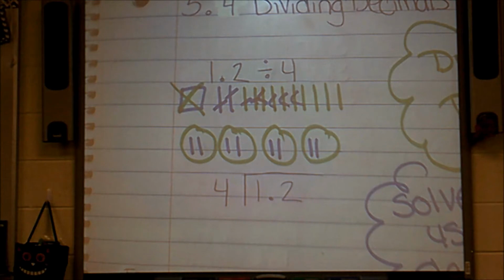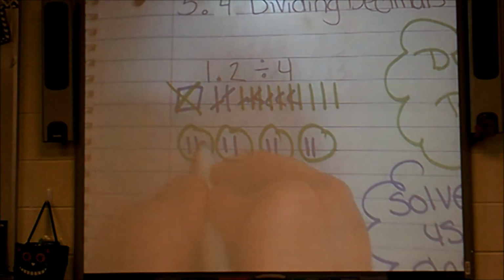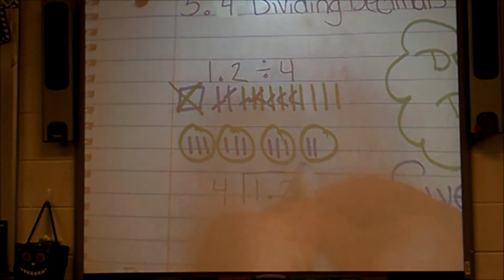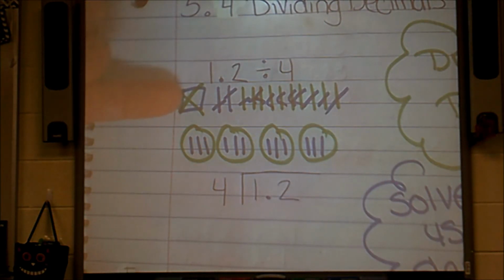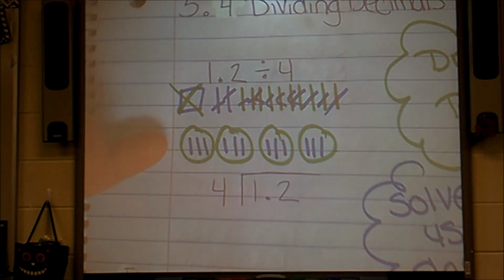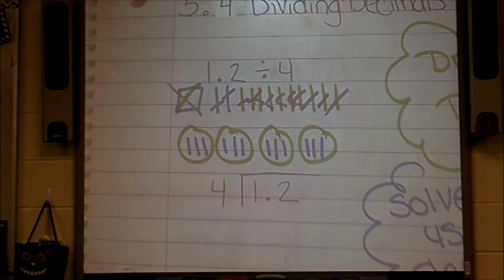I still have more tenths. 9, 10, 11, 12. So according to my picture up here, I have no more tenth rods. They have all been shared with my 4 friends. Well, according to my picture, each person, which is represented by a green circle, will receive 3/10